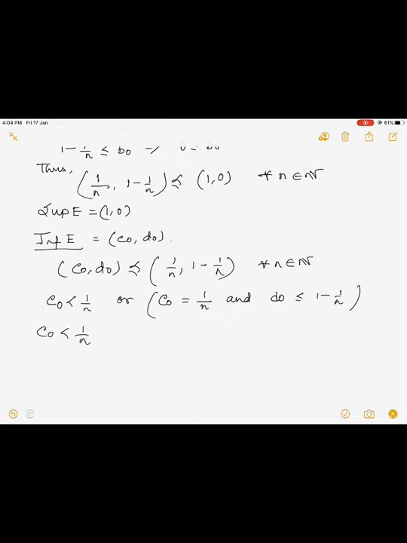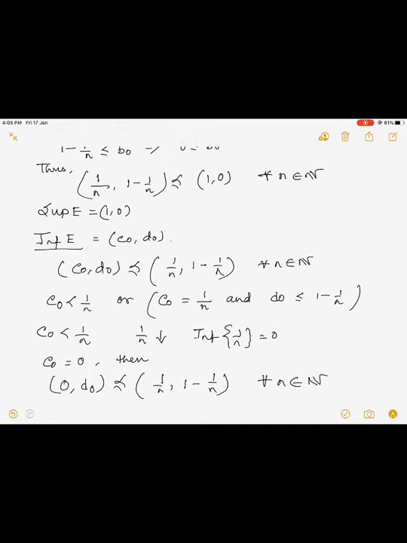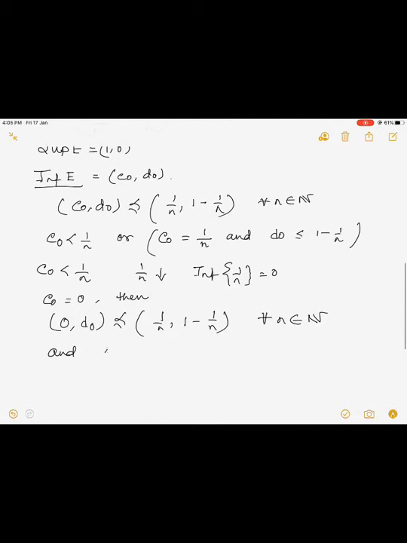If C0 is strictly less than 1/n, then since we know that 1/n is a decreasing sequence of real numbers whose infimum value is 0, if we take the value of C0 as 0, then (0, D0) is pre-curly equals to (1/n, 1 minus 1/n) for all n belonging to the natural numbers